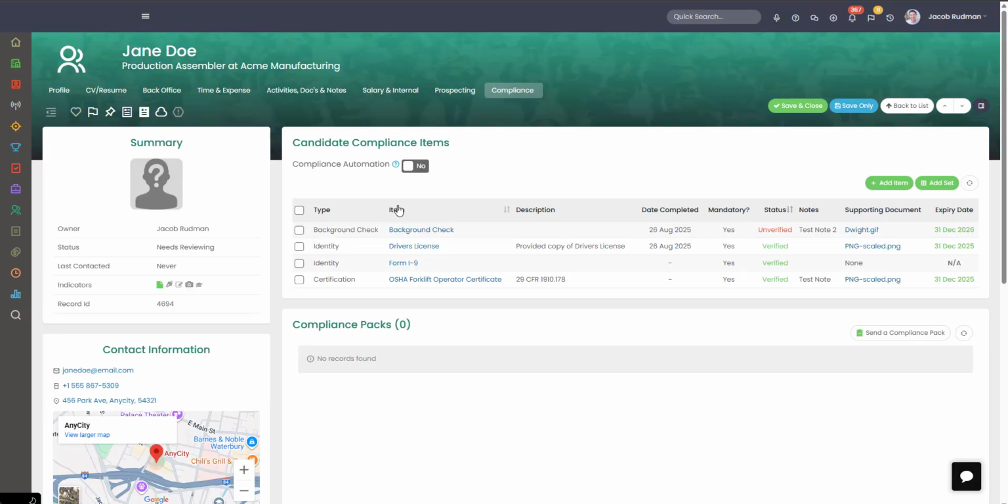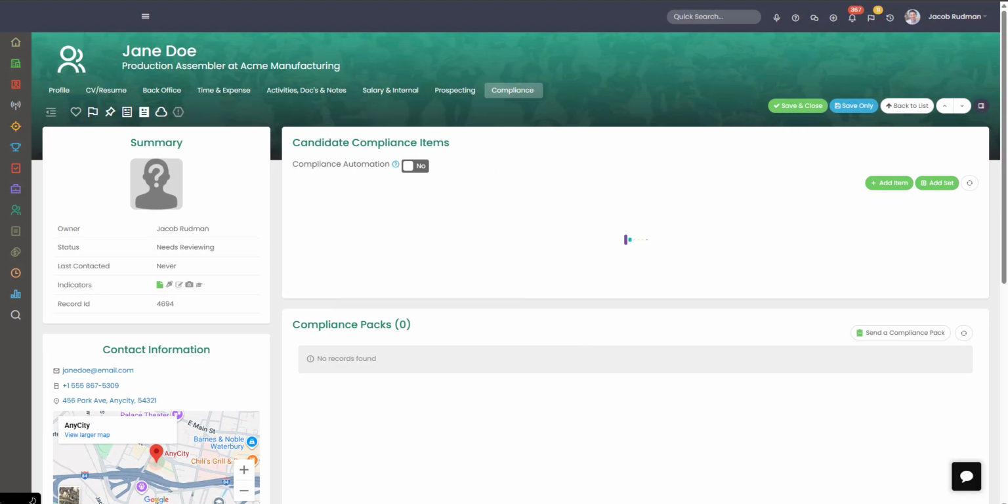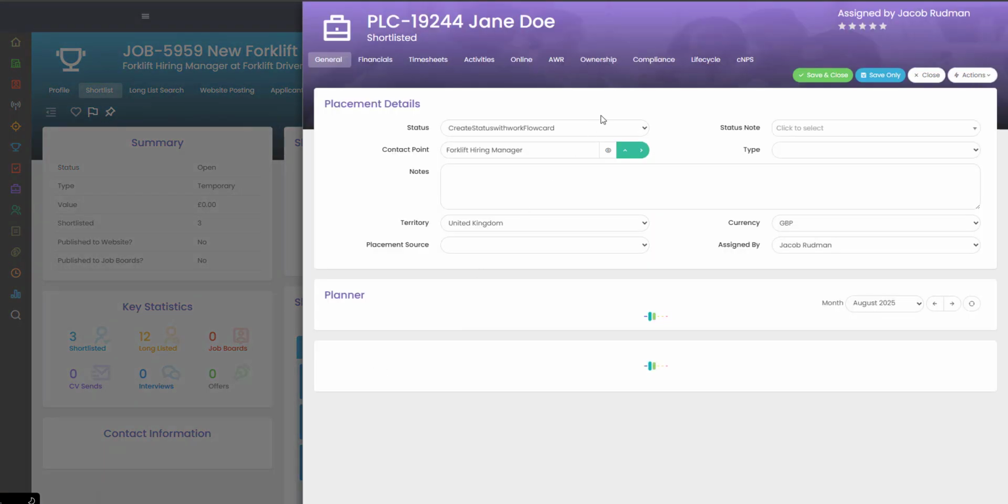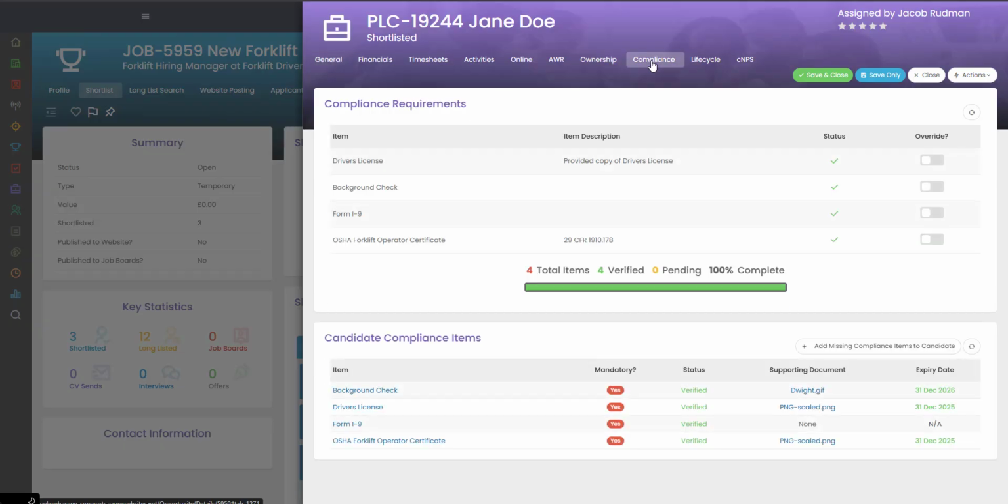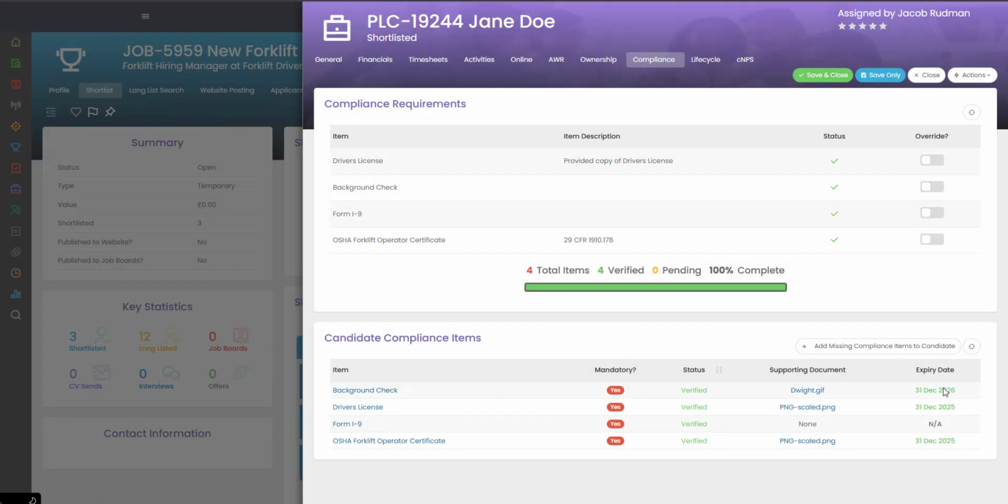In the candidate record, once this does go to verified, back on the job, you'll see that the indicator will be removed when I refresh. And when I go to the placement record, what we'll have is a completed compliance area. If I jump back into background check and I mark this as unverified, and we go back to 3 of 4,